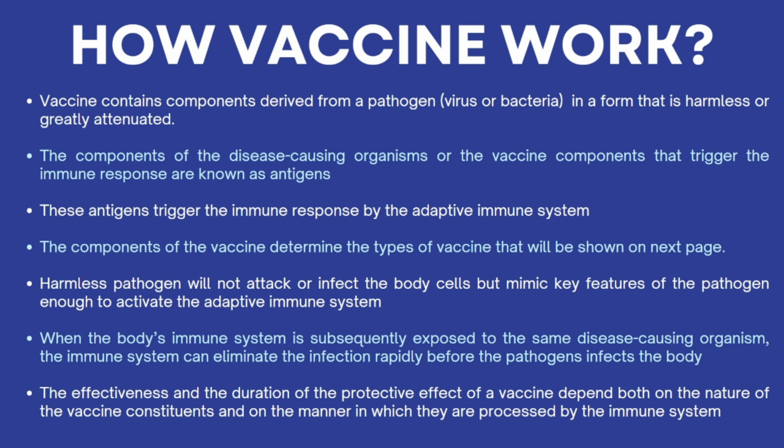Development of the immunity: helper T cell, your macrophage, engulf the virus. After that, it displays the antigen with the MHC2 complex, and the helper T cell will be activated, and then it will trigger the activation of the cytotoxic T cell for cell-mediated immune response, and the B cell for humoral immune response. So the components of the vaccine determine the types of the vaccine, which will show